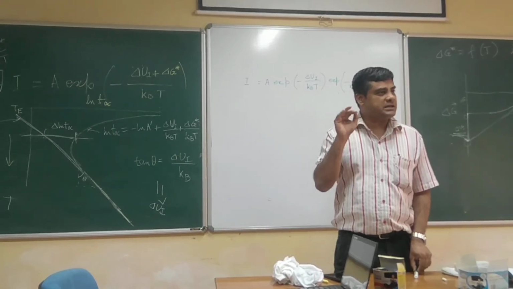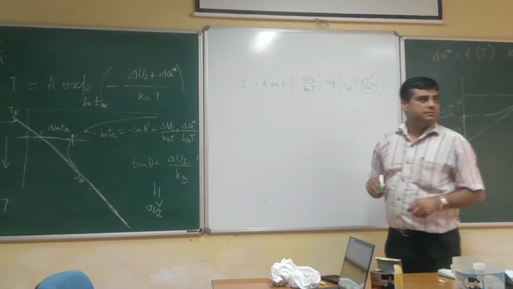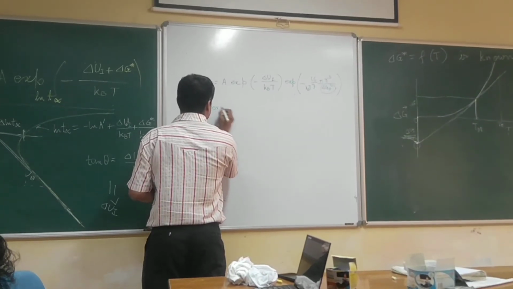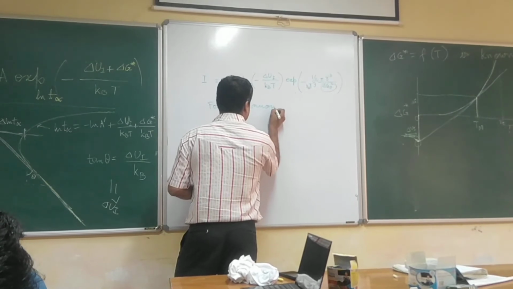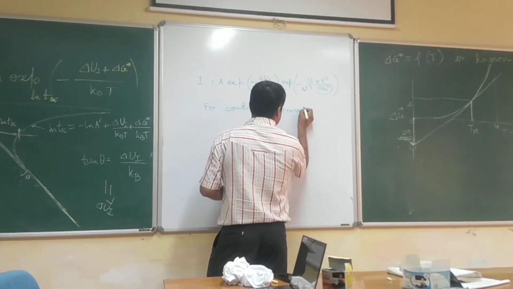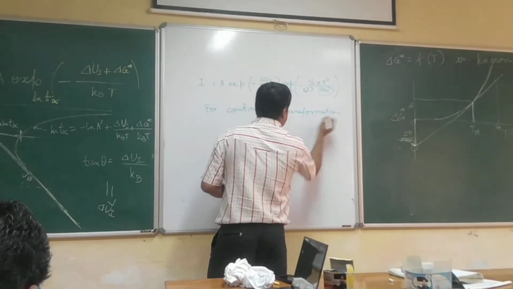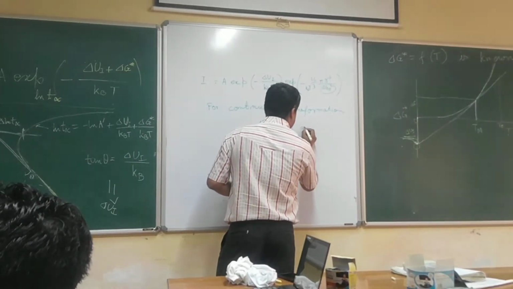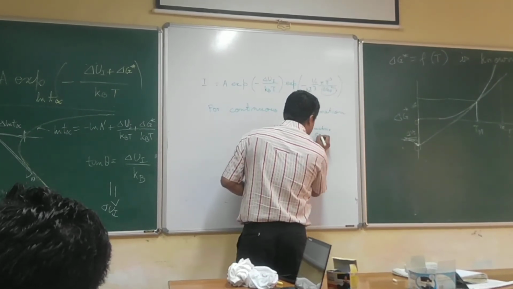As your matrix supersaturation comes down, your delta GV also comes down. For continuous transformation or precipitation, your delta GV comes down as your matrix supersaturation comes down, which is